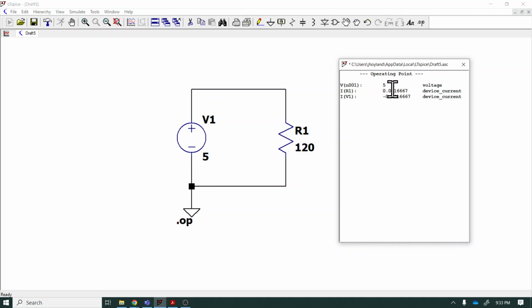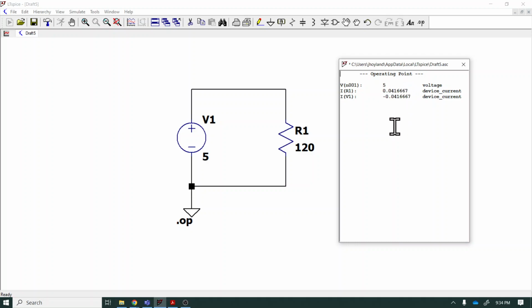That current is 0.041667 amps. You can check that with Ohm's law. It also tells you the current through the actual power supply, which of course is the same but negative. Sometimes it's not always obvious why the current appears negative. Generally, we're only interested in the magnitude of the current. Direction is usually kind of obvious from the context. So don't pay too much mind to the sign of the current for most of these simulations. The main thing is